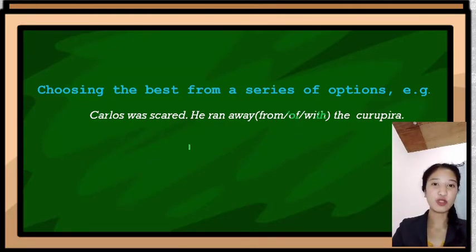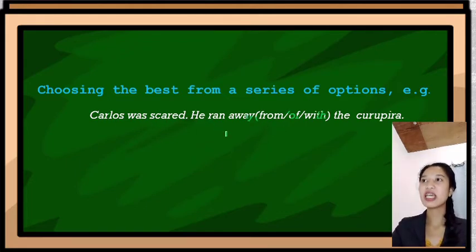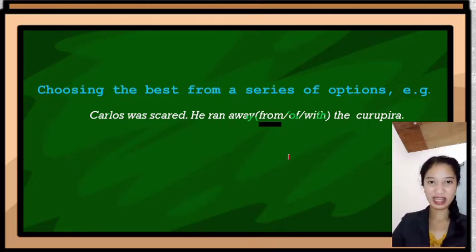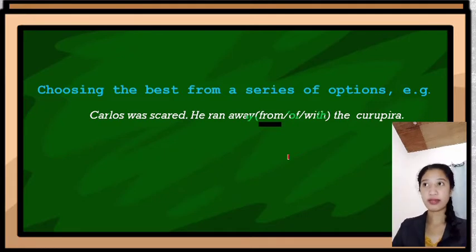Now let's proceed to the last option, which is obviously the last one, so it is the correct one. Let's read it together. Carlos was scared. He ran away from the Curupira. From this statement, it is really clear and we really understand that he was scared of the Curupira. So he ran away from the Curupira. From is a function word which indicates the starting point of physical movement. So maybe he saw a Curupira, so Carlos was scared, so he ran away from the Curupira. Did you get it? Okay, so now let's proceed to the third